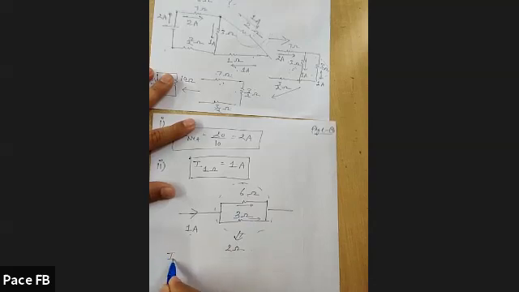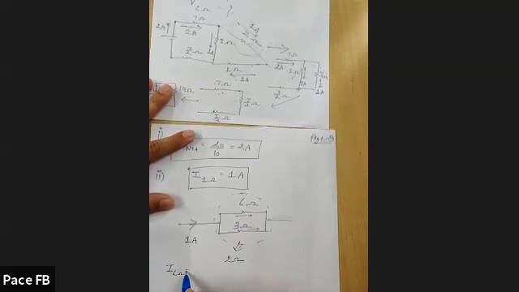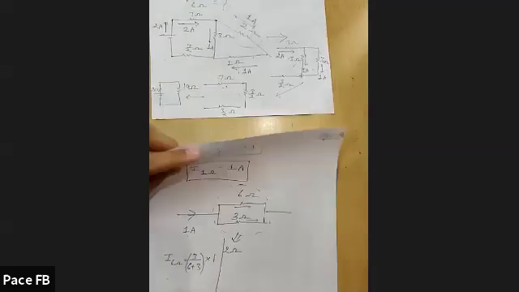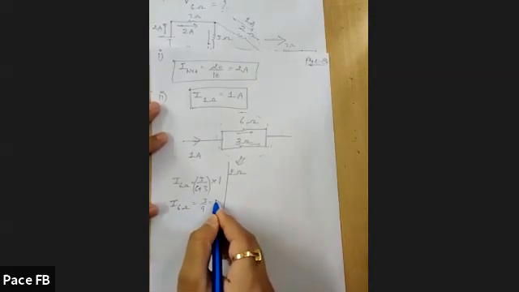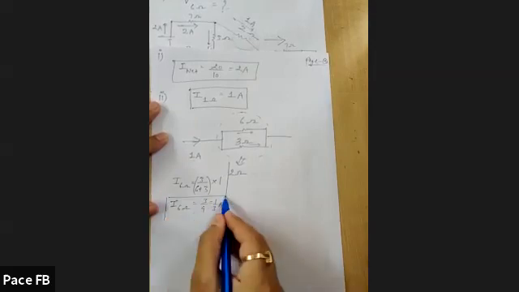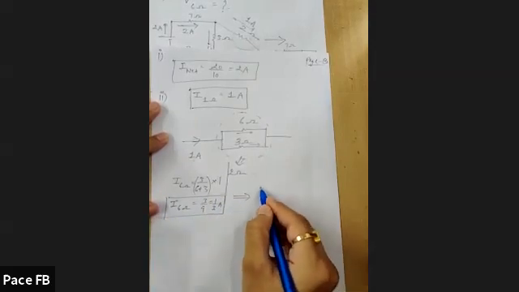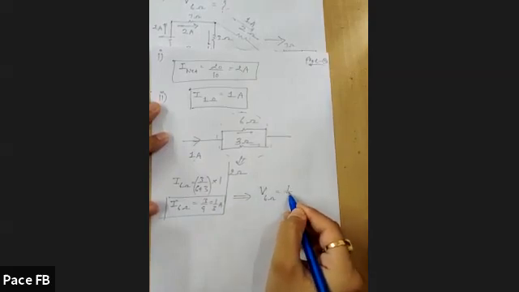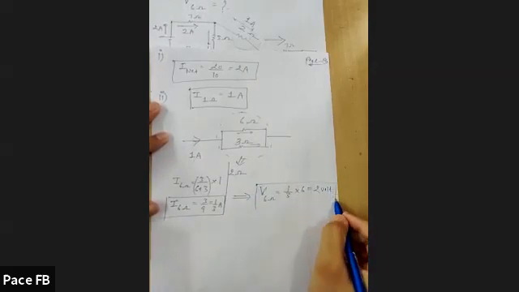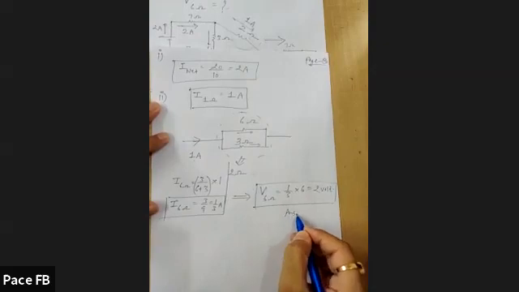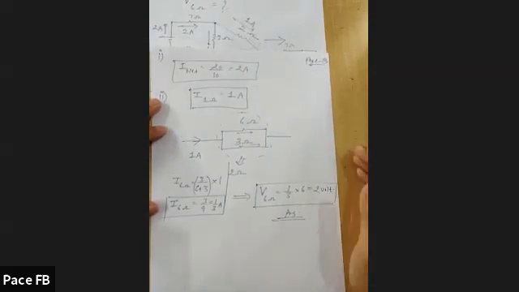So what is the current passing through 6 ohm? Current passing through 6 ohm is equal to the opposite resistance 3 upon the addition of both, multiplied by the net current entering, which is 1. So the current passing through 6 ohm is 3 by 9, which is equal to 1 by 3 ampere. This implies the potential difference across 6 ohm would be current multiplied by resistance 6. That is 2 volt. So the potential difference across 6 ohm resistor would be 2 volt. This is the answer for the third part. Clear? Okay.